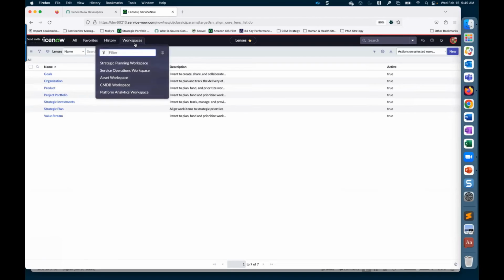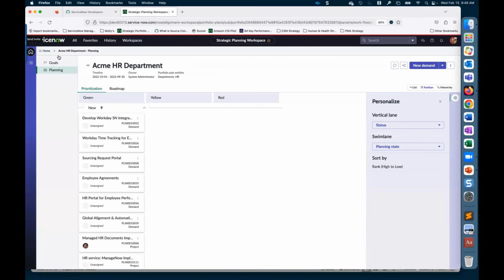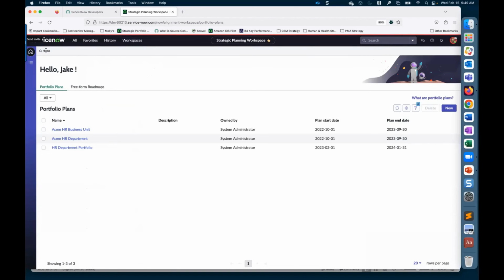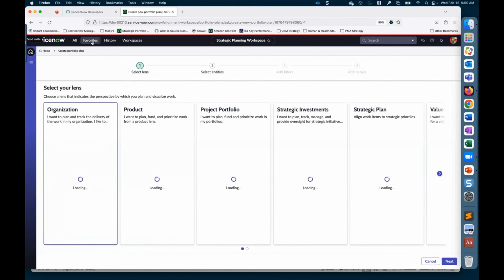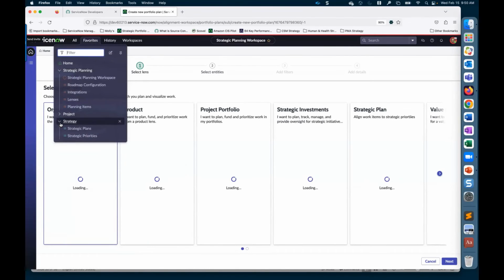Jake will now go into his workspace and he will go into home. And from here, he's going to build a new portfolio plan. His portfolio plan will be the strategic priorities aligned to the mobile one. And one of the things I'd like to show you here also is,